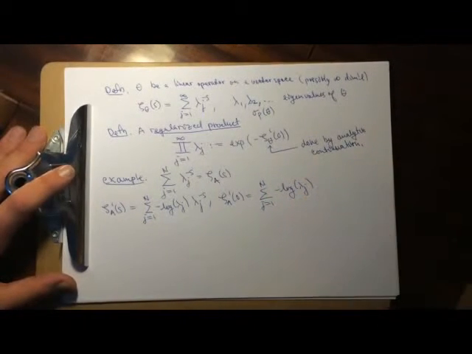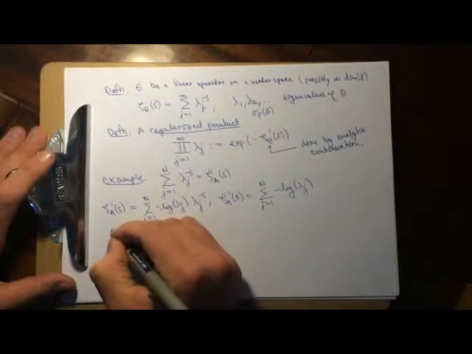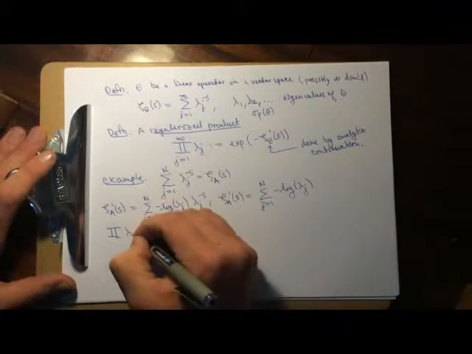So when we plug in 0, and so when we do the regularized product for a finite number of things, we're going to find that